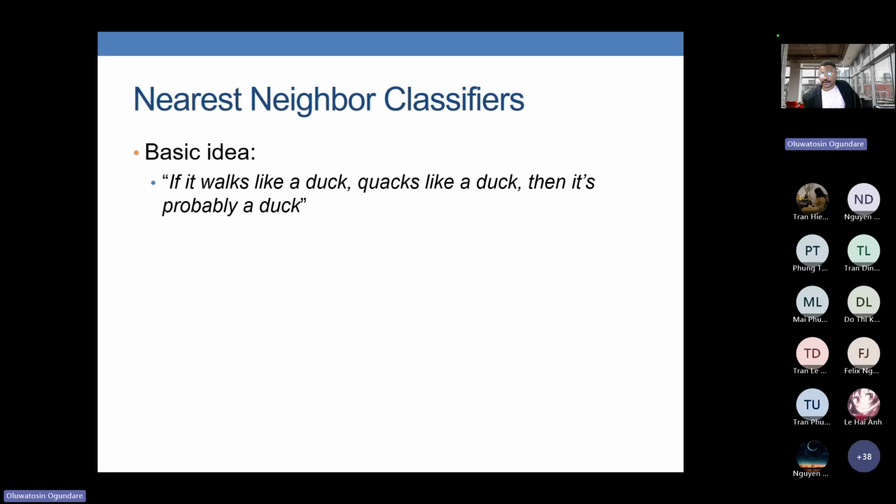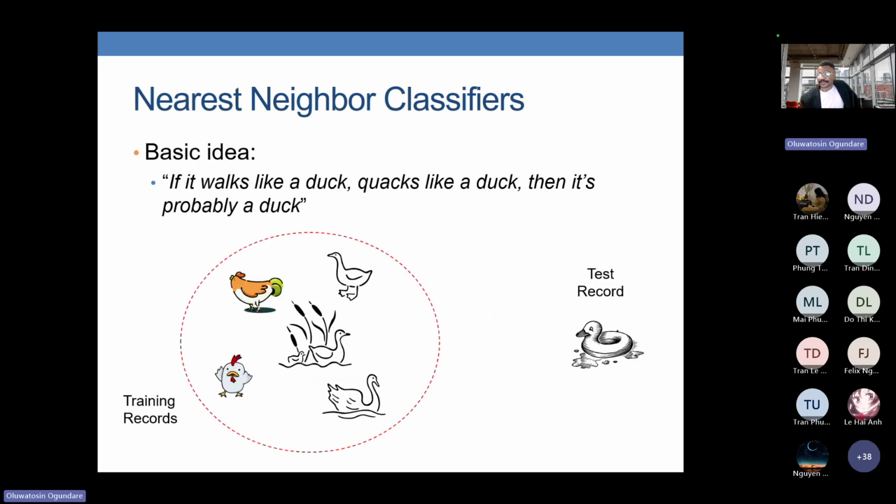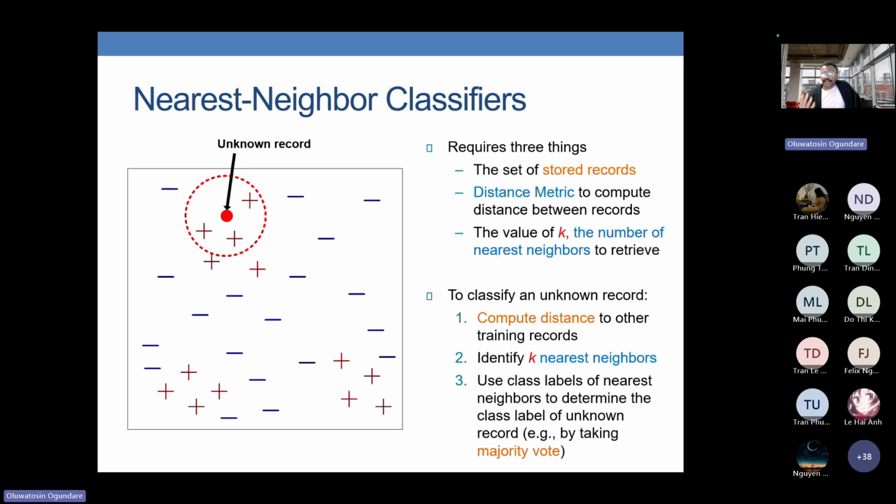Okay, so the idea of nearest neighbor, I've already said, if it walks like a duck, quacks like a duck, then it's probably a duck, right? So that's that. So here is a better picture for you to see nearest neighbor. So in the 3 example problem,